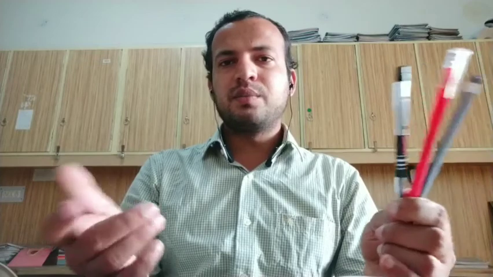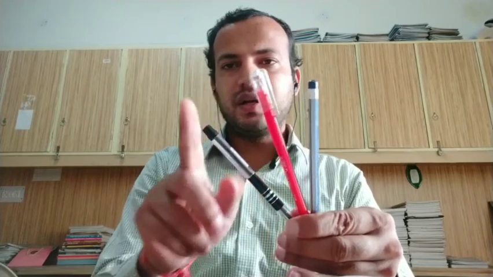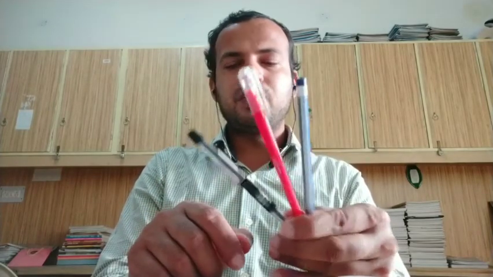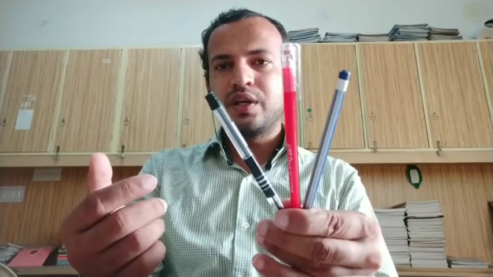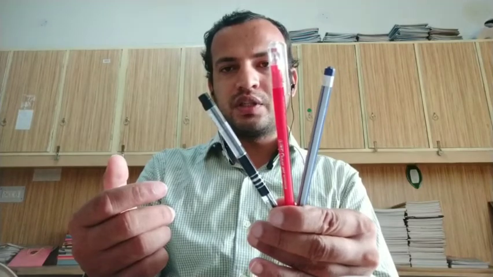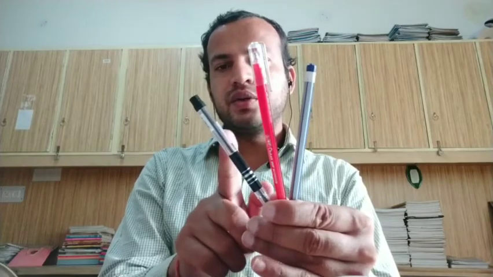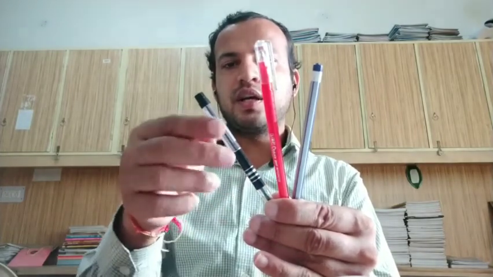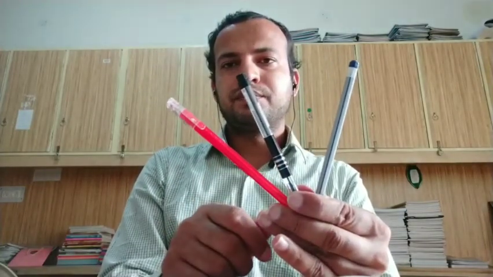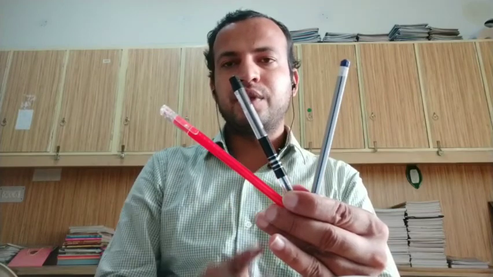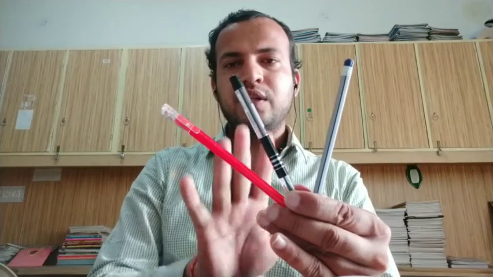For example, a very simple example I am going to take with these three pens: one is a pencil, one is a red pen, and one is black. If we have to arrange the order of these three in a sequence, various ways are there by which we can arrange them. This is one of the orders you are watching, in which the red pen is in the middle, the pencil is on the left side, and the black pen is on the right side. One order can be when red is on the right side and black is in the middle, keeping the pencil at its own place. So this is the second order.